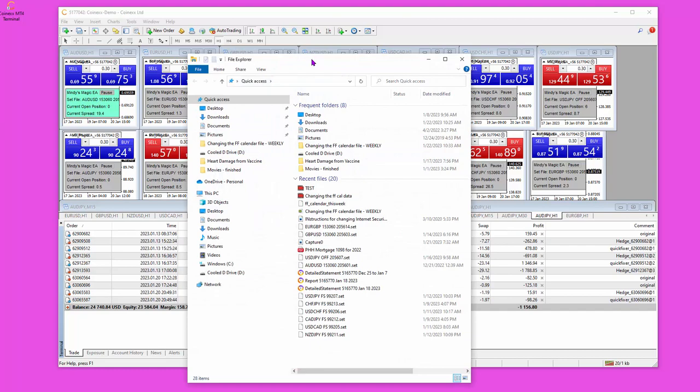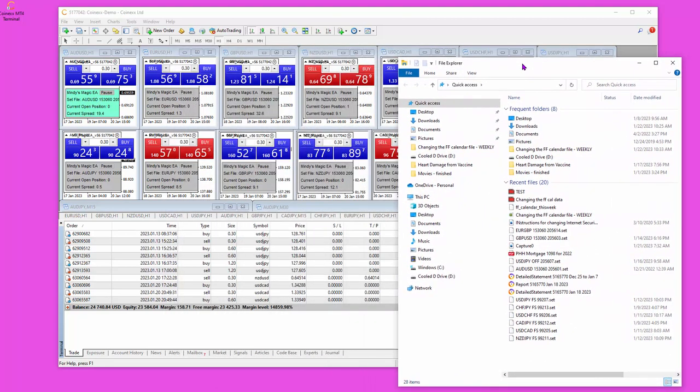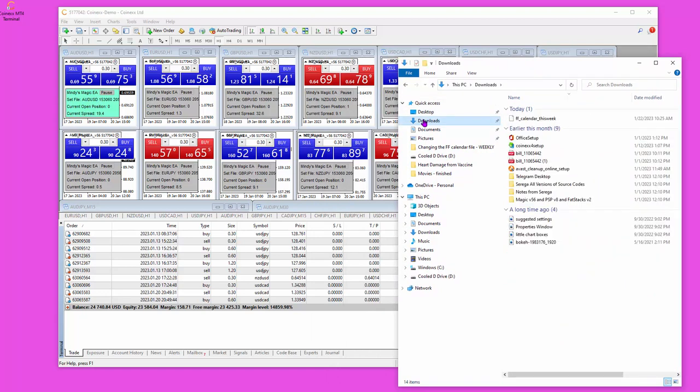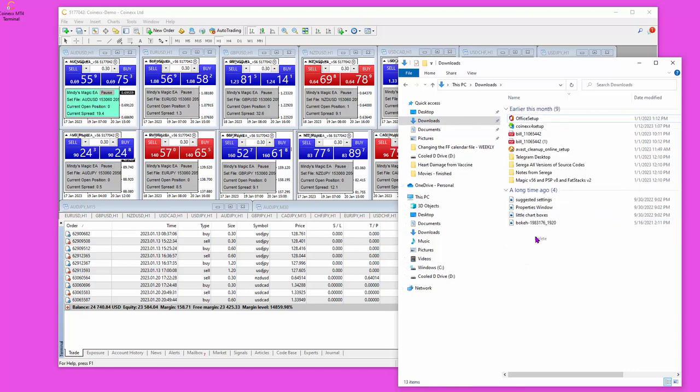window. Okay, and I'm going to put this window over here on the right hand side of the screen, and then I'm going to open the Downloads folder. Okay, now if you already have an FF calendar file from last week, you delete it. That's the first step in this process, because you don't want to have any FFcal